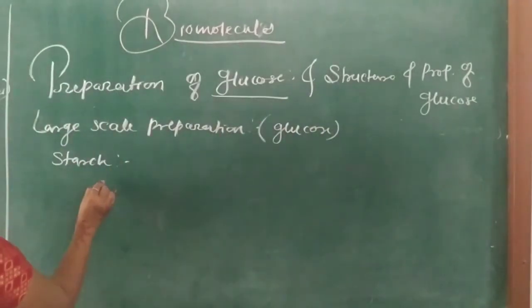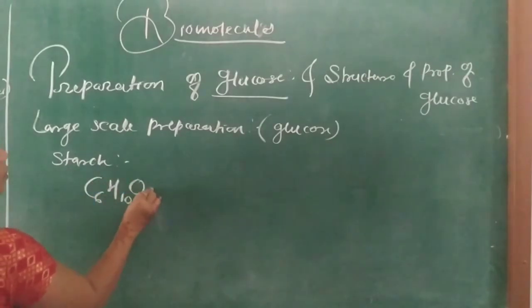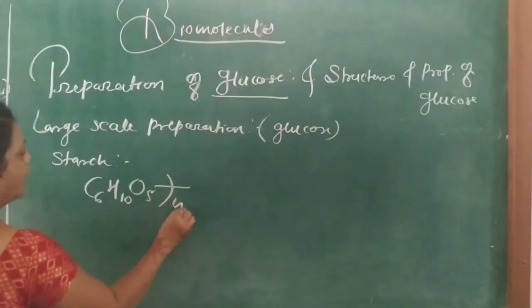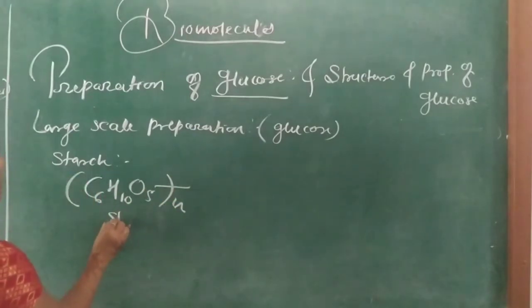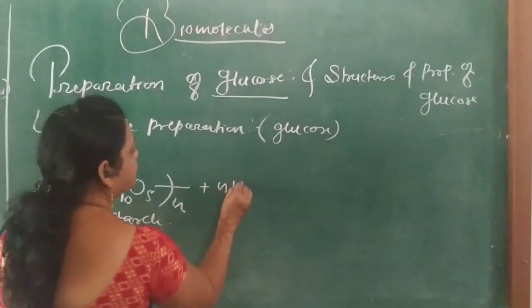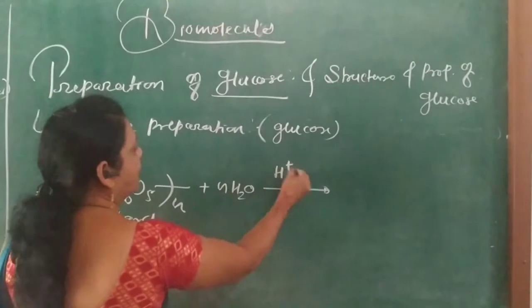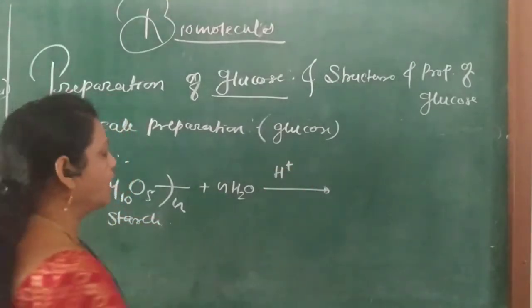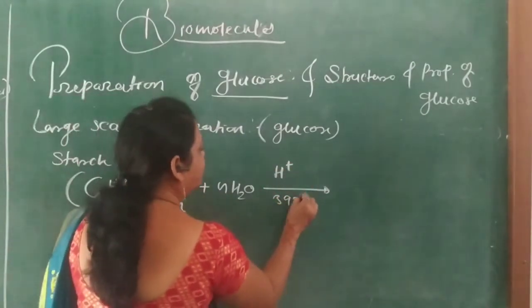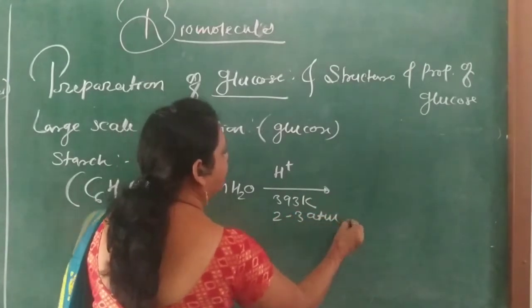Starch (C6H10O5)n, after hydrolysis with n times H2O in the presence of dilute sulfuric acid at 393 Kelvin under 2 to 3 atmospheric pressure,